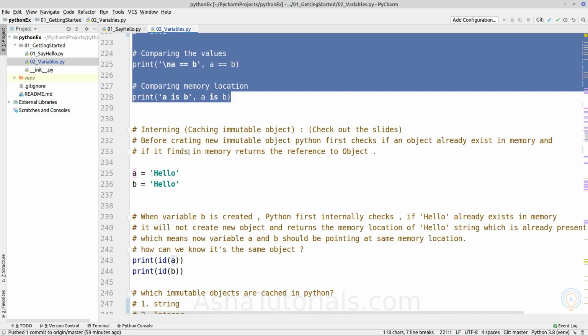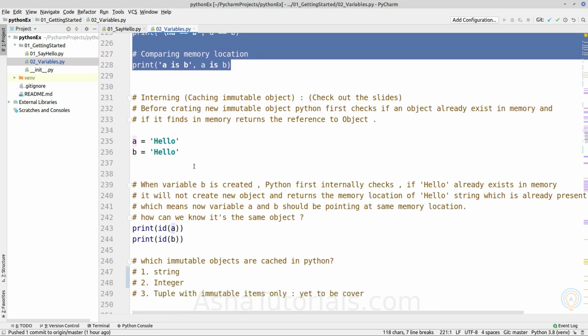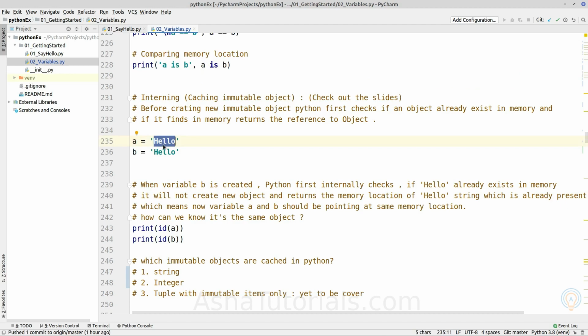Next topic is caching of immutable objects. As we saw earlier, the key benefit of immutable objects is caching or interning, which means that once an object of an immutable data type with value hello is created, any subsequent request for creating a new object of string type hello will not create a new object in memory.